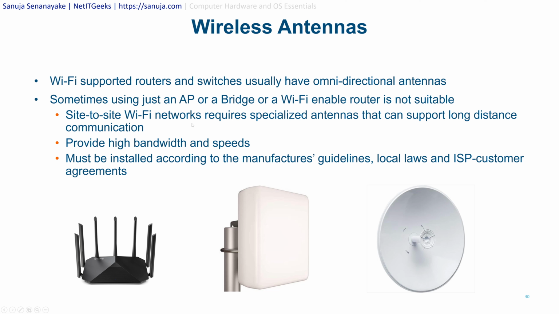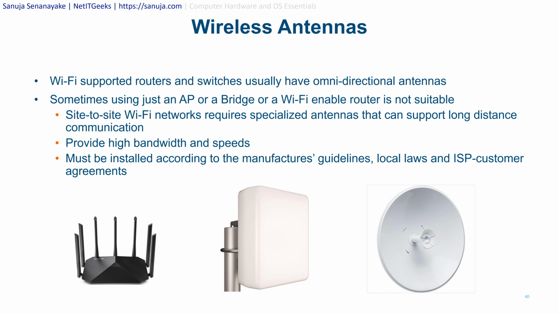They typically go outdoors, and they have either a dish-shaped antenna, something like this one, or a square antenna, something like this. And sometimes they're like a square drum as well, so it's either a drum antenna or a dish antenna. What they do is allow you to connect site-to-site Wi-Fi networks together. But keep in mind, you need to follow the manufacturer guidelines plus your local laws and ISP